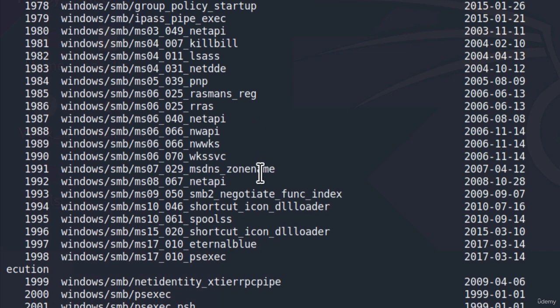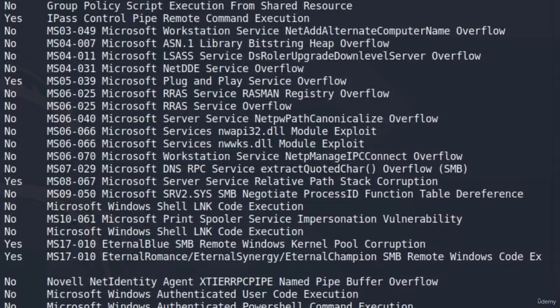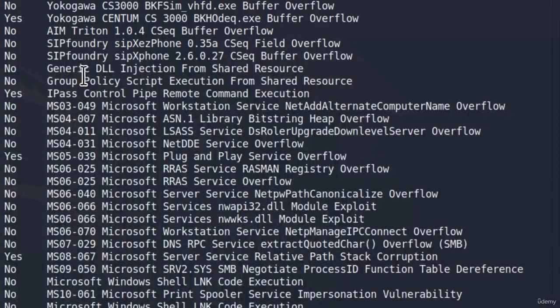Of course, we are not going to be attacking any target, we just want to see how we can select one of these exploits. So let's go with this one, for example, Windows SMB MS06-040 NetAPI. By the way, to check out more information about exploits, we can go to the right. This exploit came out in 2006, and the right column tells us what exactly this exploit does. For this particular one, it is an exploit for Microsoft Server Service,